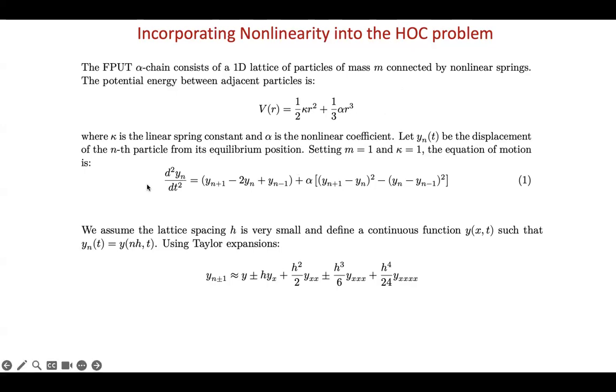So this is your alpha FPU problem, equation 1. And if you now do this approximation that y_n of t is y of n h, where h is the interparticle distance, of t, then n plus 1 and n minus 1 can come as a Taylor expansion. This is the way it is done. So now this Taylor expansion enters into the first term on the right side and also into the second term on the right side. So now you have a little bit of a messy situation on the right. And if you simplify that,